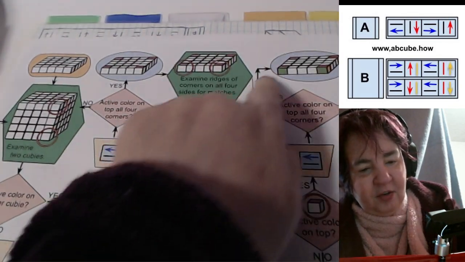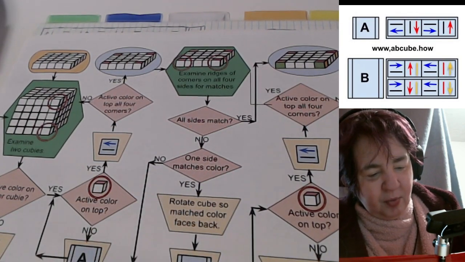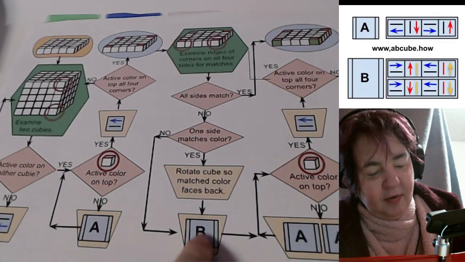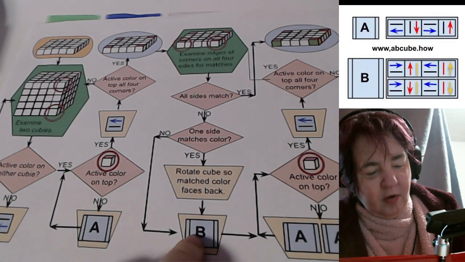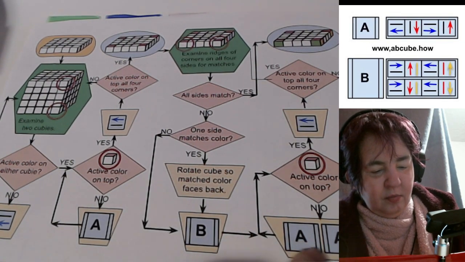All the sides match? Yes. Go on to continue. One side matches? No. It doesn't matter which one you turn. One side matches? Yes. Rotate the cube so that the color in the back faces. Do formula B, and then after B, do